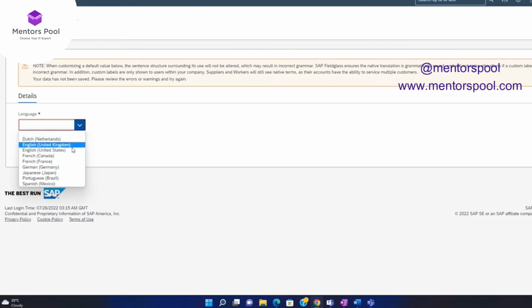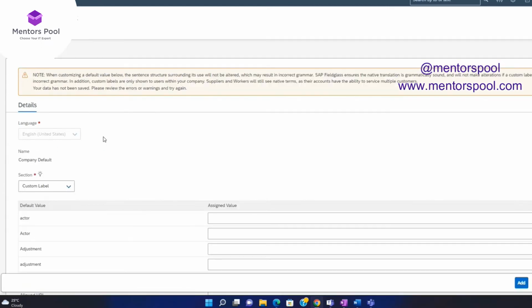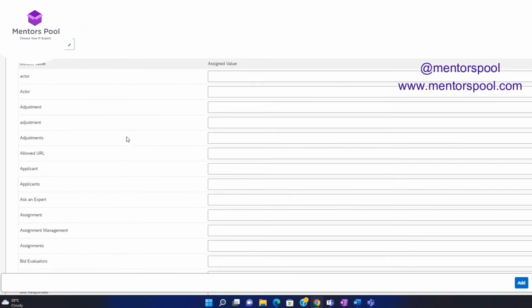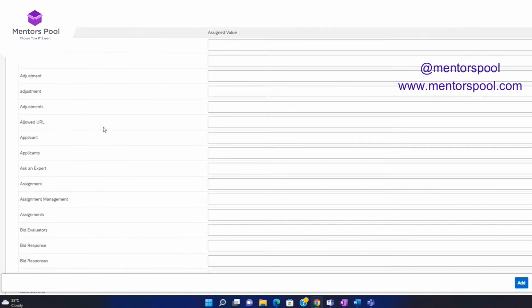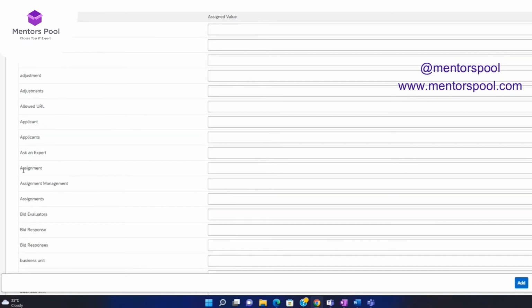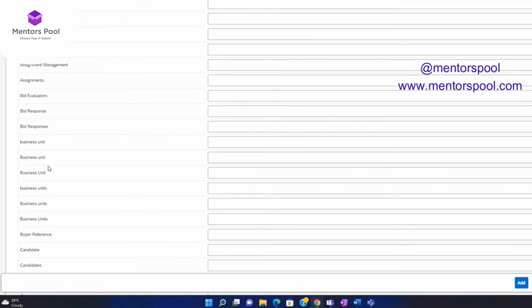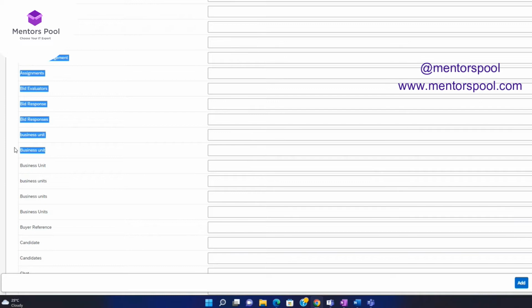This custom text, as you see, can be set up on languages, but not on business units or other scenarios. So I'm selecting English United States. You can see the names of the fields available over here: assignments, assignment managers, bid, business unit. Let's say I want to rename business unit as